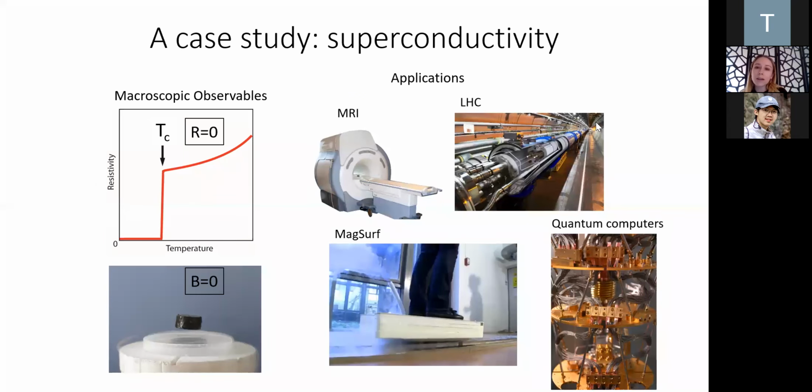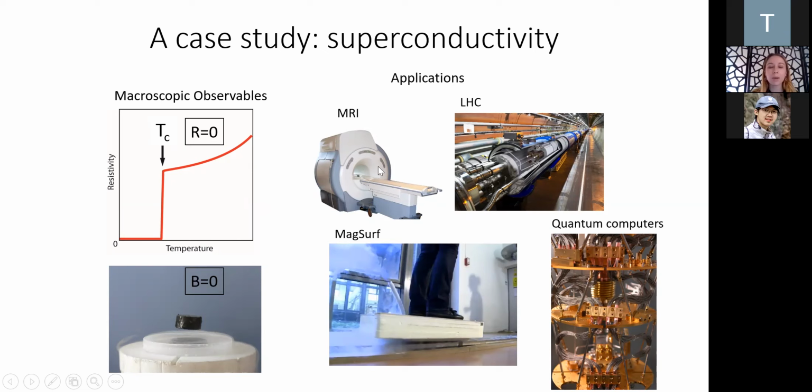Okay, so superconductivity in a nutshell has two macroscopic observables. That means big things that the chunk of superconductor does. The first macroscopic observable is zero resistance. This is not zero resistance for all temperatures, but at some temperature Tc, the resistance of a superconductor suddenly goes to zero. And below Tc, the resistance is not really small, it's actually zero. And concomitant with this onset of zero resistance, a superconductor also expels its magnetic field. This is called the Meissner effect.